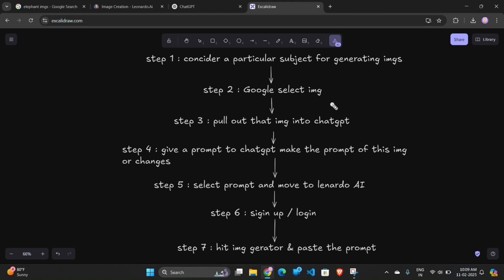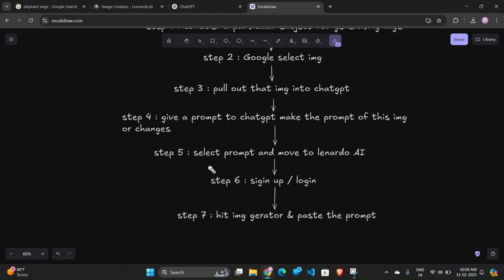Our third step is to pull that image into ChatGPT, and our fourth step is to give a prompt to ChatGPT and make a prompt for these images or the changes. Okay, I will show you. If you're not understanding, let it be, I will show you with hands-on experience how we can make it. Our fifth step is to select the proper prompt and move to Leonardo AI, and our sixth